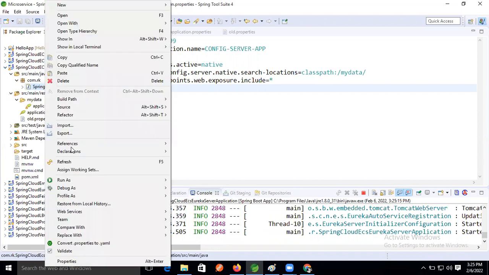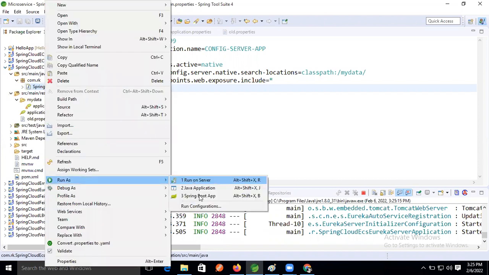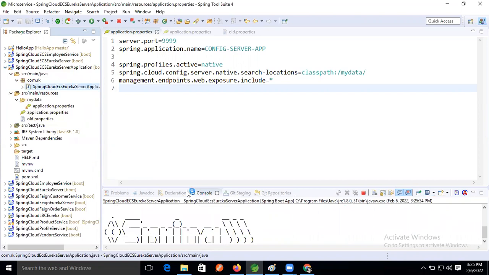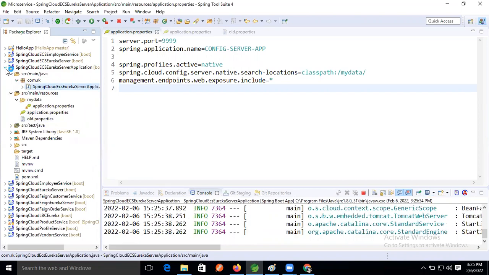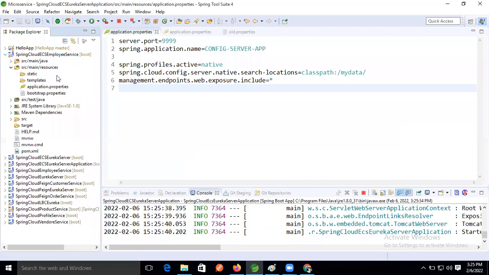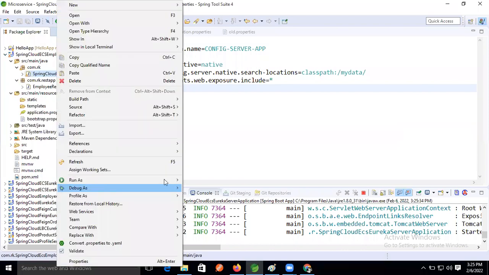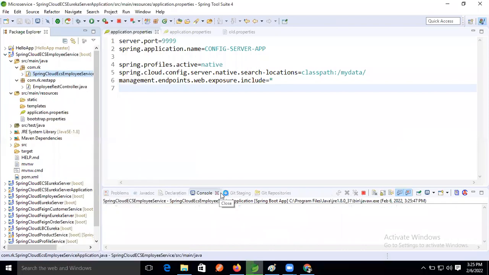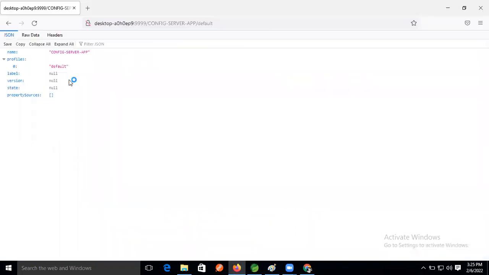Config server. Next, which one? Microservices. Still the application is running now.